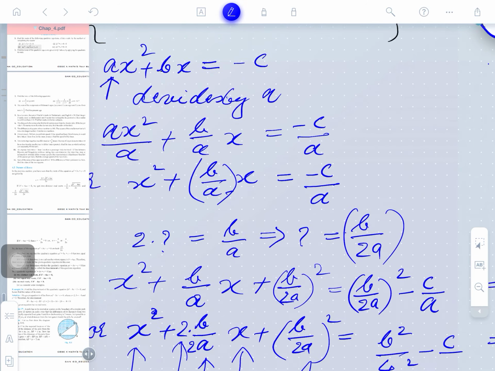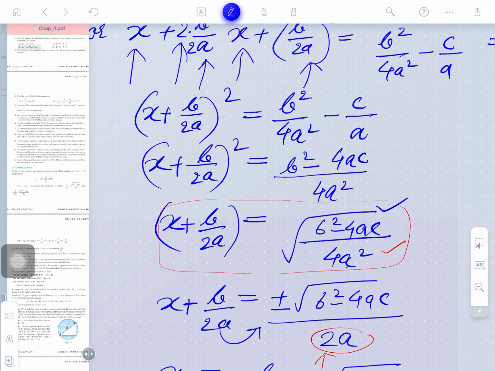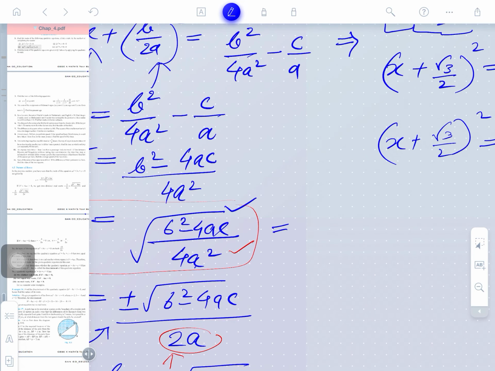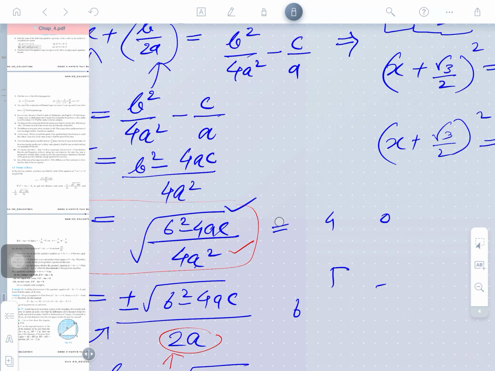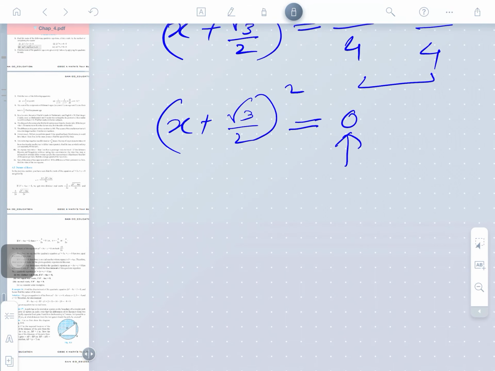This is the quantity that we saw yesterday. Actually this quantity is becoming 0, meaning b² - 4ac, whole divided by 4a². It is becoming 0 due to this. Is that clear? So b² - 4ac is equal to 0 here. You may think that the quantity b² - 4ac is predicting the solution. It gives an idea about the solution, what the type and the nature of the solution will be. This will be a later topic.